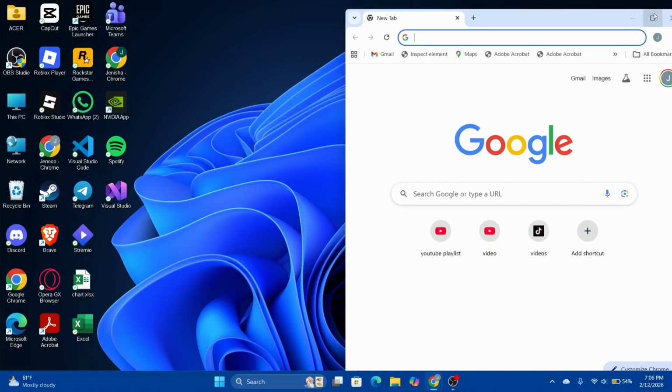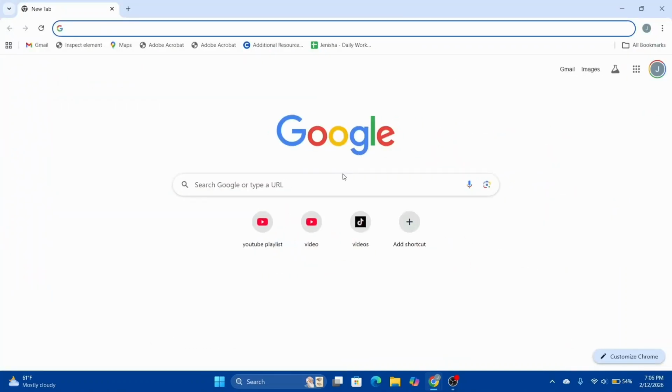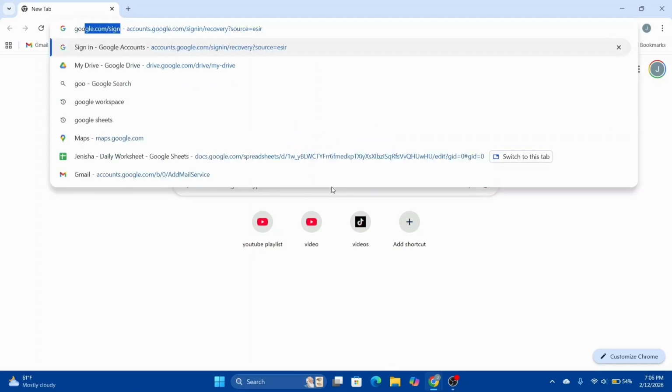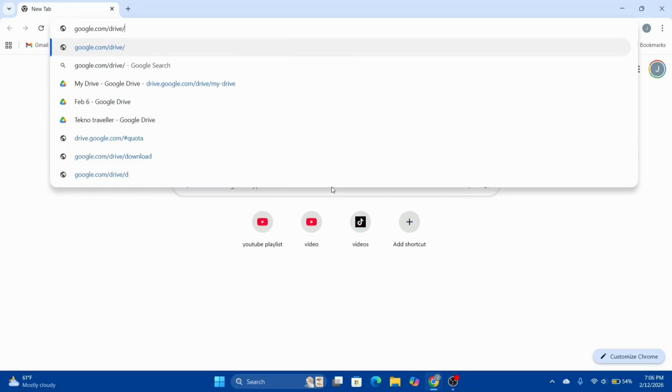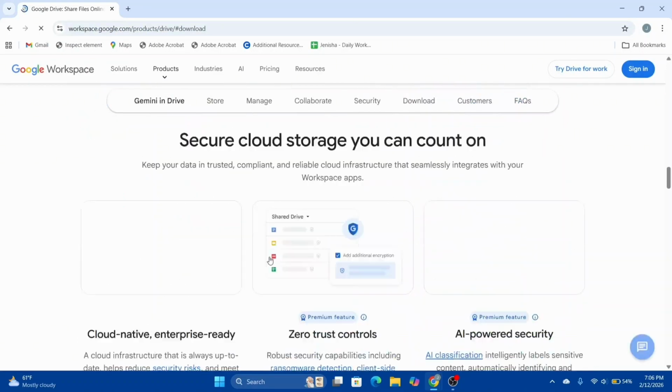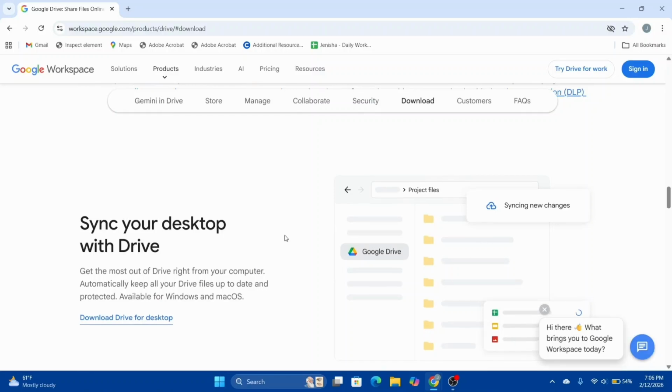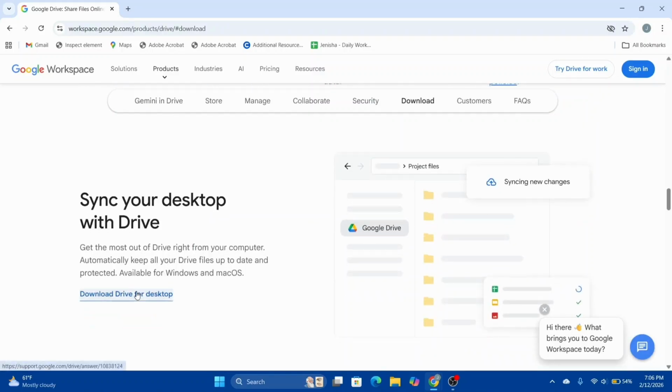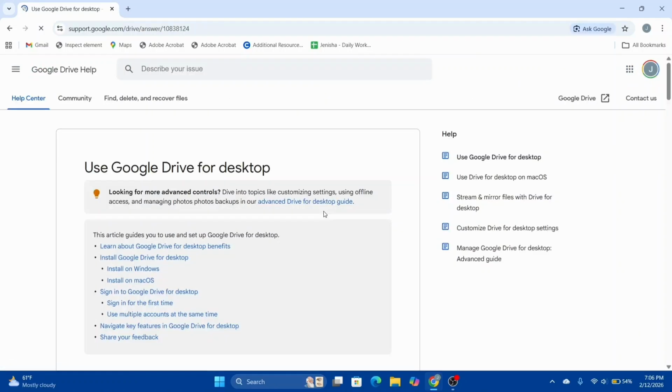And once you head over and open up a browser, what you may do is basically go ahead and visit google.com/drive/download. After that, hit enter and you will be taken to this site with an option called download drive for desktop. So you can just head over and click on this file right here and it will provide you with